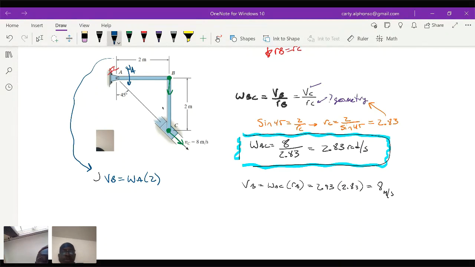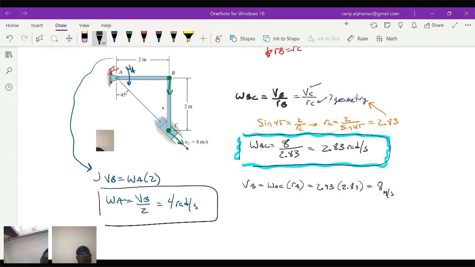WA actually, it looks like WA, it was an isosceles triangle, so they both have the 45-degree angles. Oh, hold on now. I see what you're saying. No, you are right. Yeah, it's going to be the same. WA looks like it's going to be the same. So we can solve it anyway, just in case. To solve, we want to find the W. So W is going to be VB over 2. Actually, no, it's not going to be the same. VB is 8, so it's going to be 4. It's slightly faster because